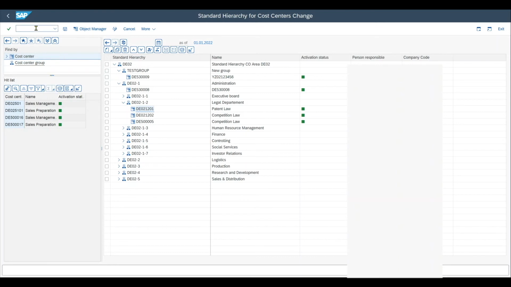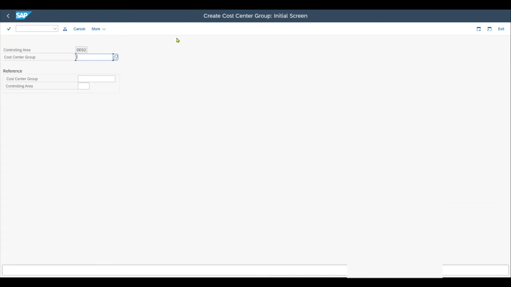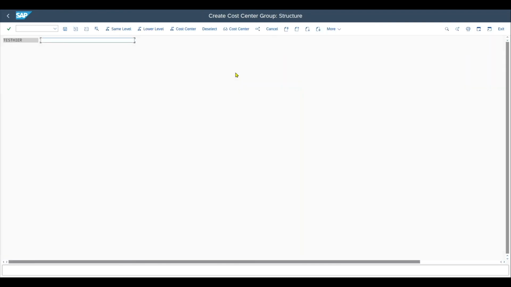Therefore, we navigate to the transaction code /n KSH1. That's KSH1. And over here for our controlling area, I could create a new alternative hierarchy. Let's say test hierarchy like that. And you can see I could now